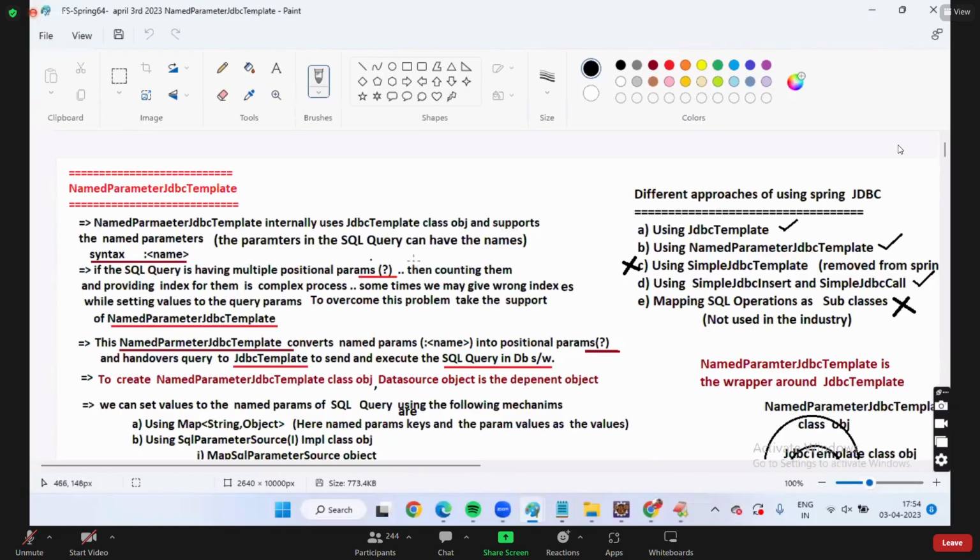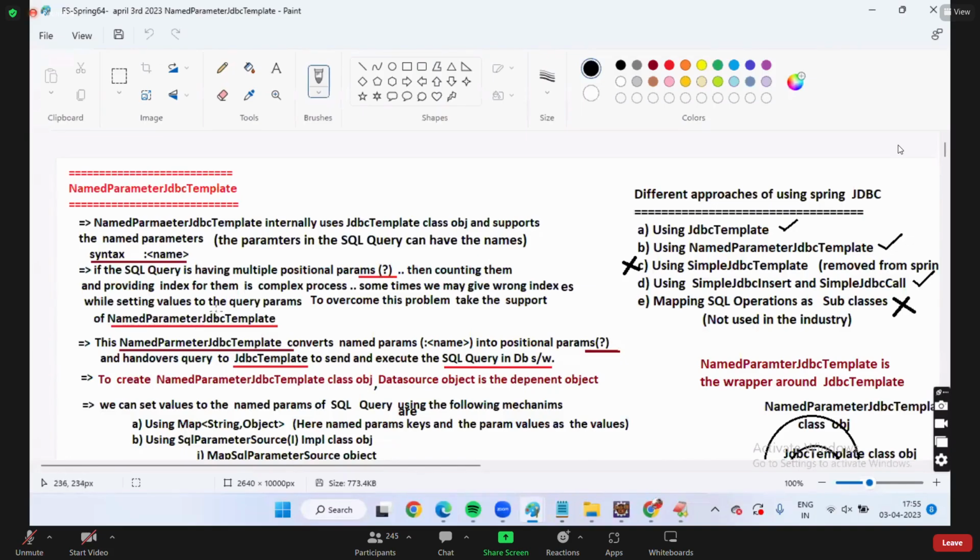The parameters in the SQL query can have names. Syntax is colon name. Named parameter JDBC template also internally uses JDBC template. If the SQL query has multiple positional parameters, then